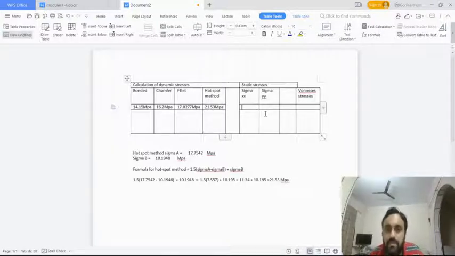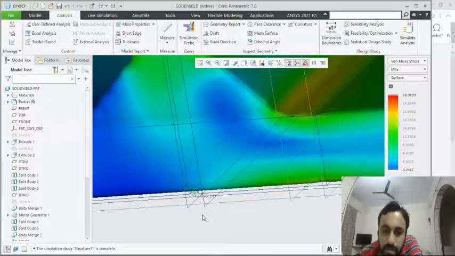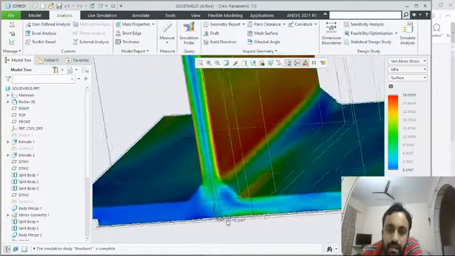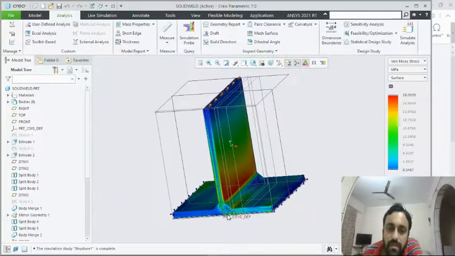Now I am calculating the theoretical value for moment of inertia about the centroidal axis. We have matched the moment of inertia calculated mathematically with the software, and it comes out to be the same. Now I'm going to check the moment of inertia around this coordinate system, at the corner of the bracket.